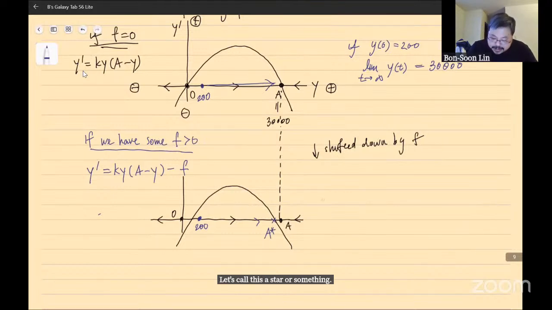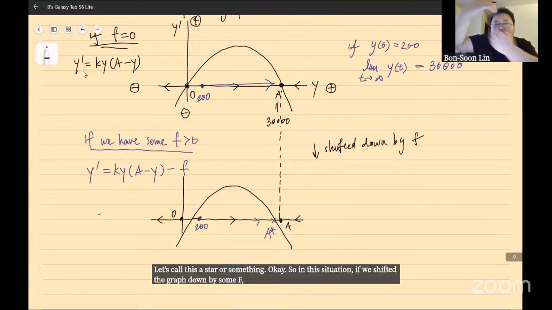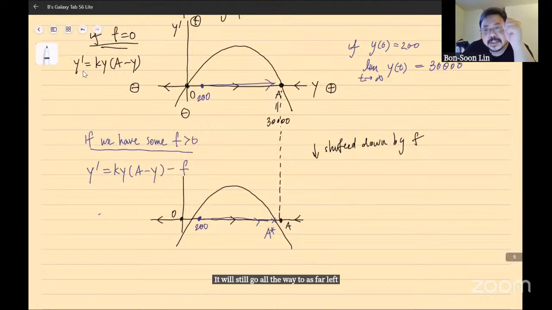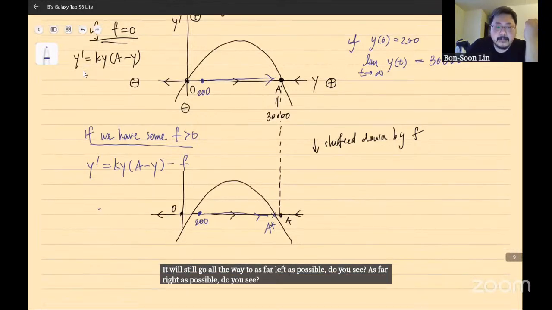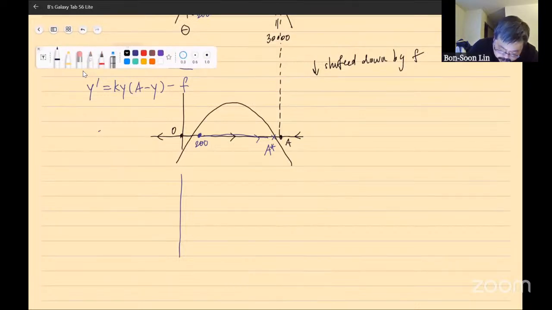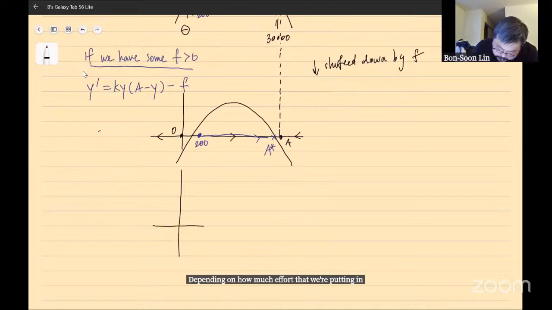Okay, so in this situation, if we shifted the graph down by some f, but the initial 200 is still inside this parabola, it will still go all the way as far right as possible. Do you see? Right? But if we shift down a lot, depending on how much effort we're putting in,